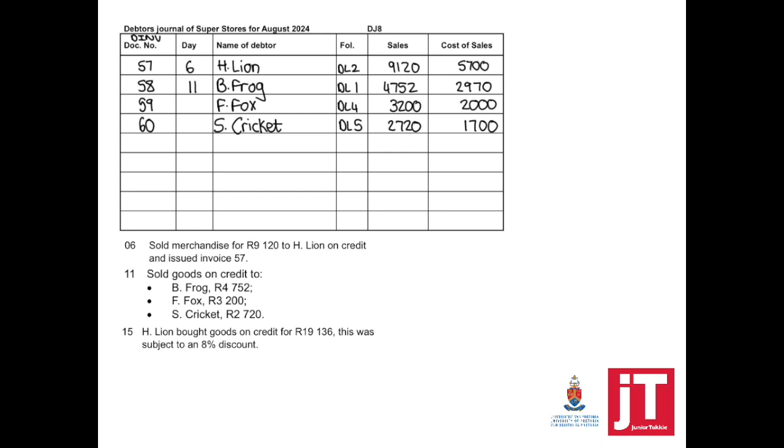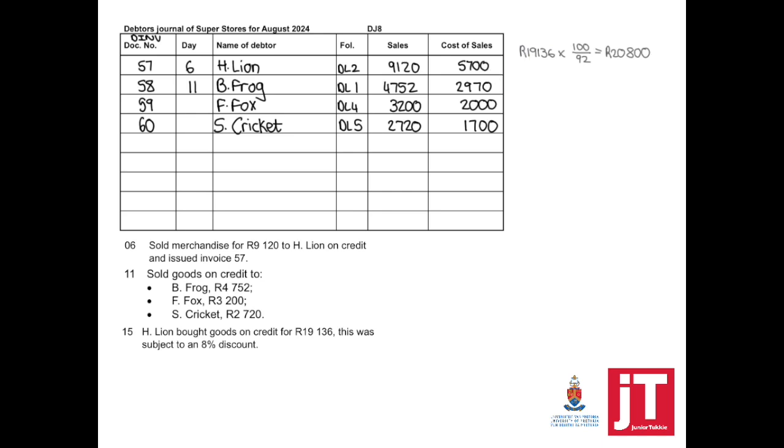Day 15, H. Lion bought goods on credit for 19,136. This was subject to an 8% discount. Now we get to the slightly more challenging type of transactions where calculations are involved. Why? An 8% trade discount was given to Lion, which means that he bought on credit for